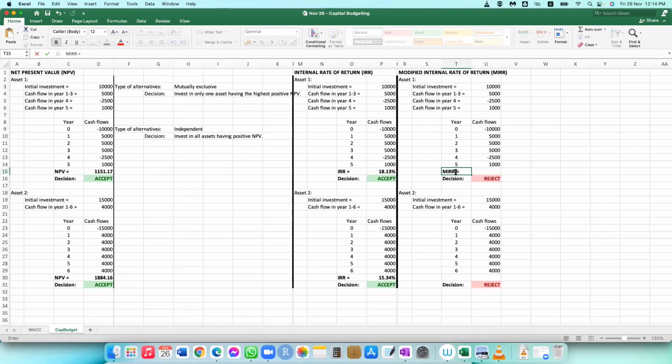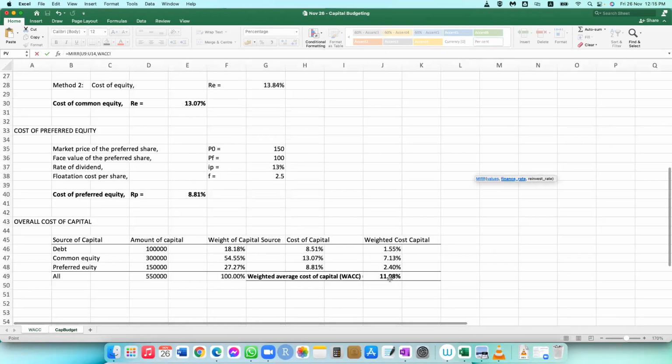Okay, so how to calculate modified internal rate of return? Equals MIRR, no matter whether you use capital or small letters, the same function will come. So now you select all the values. Okay, then comma, now you need the weighted average cost of capital. The finance rate, finance underscore rate, that is the weighted average cost of capital. You need to bring it in here. So select this one, then comma,